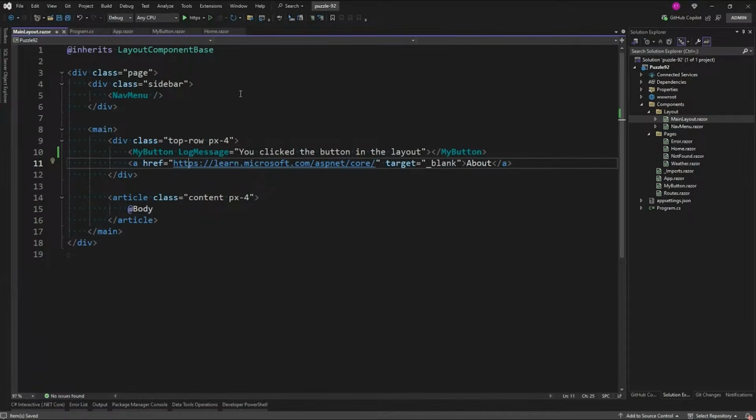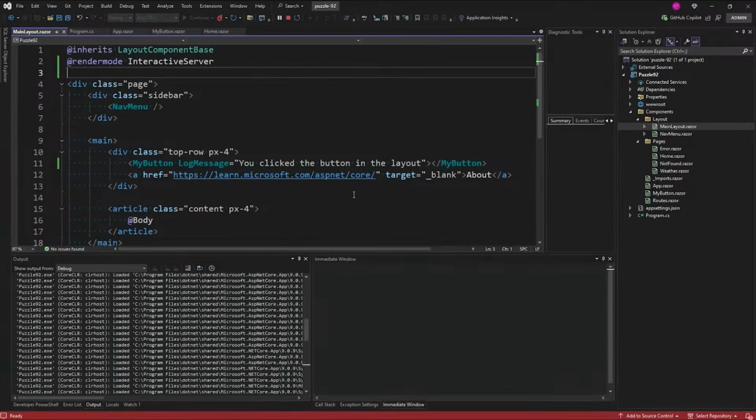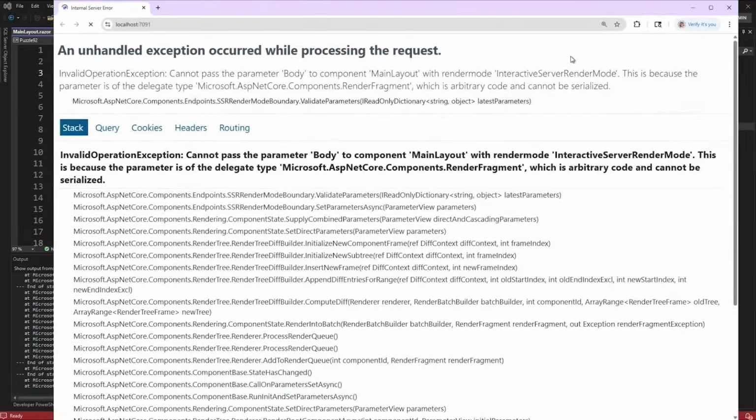Right. So if we try and use render mode interactive server here, like this, yeah, go ahead and run it now. Okay. And so this should show in the top part of the page. We should see the button on the top part of the page. But